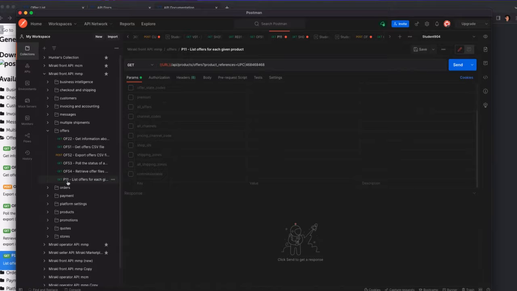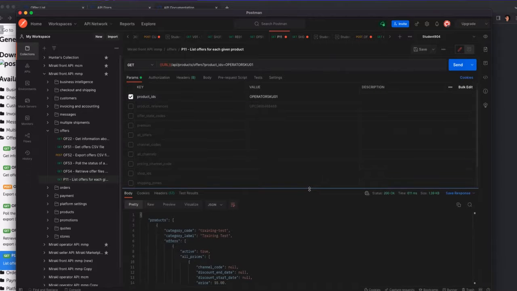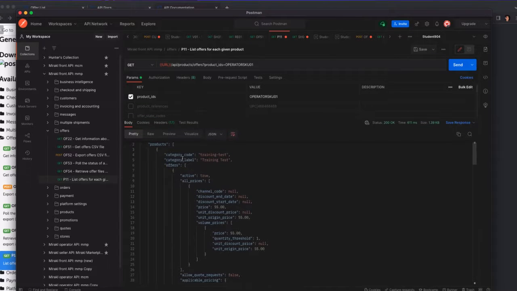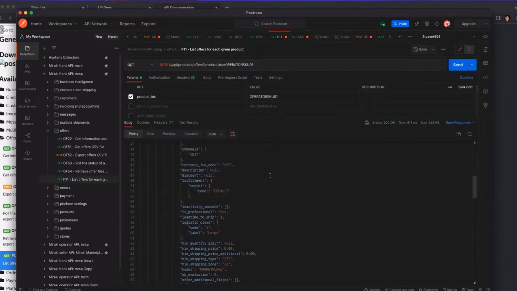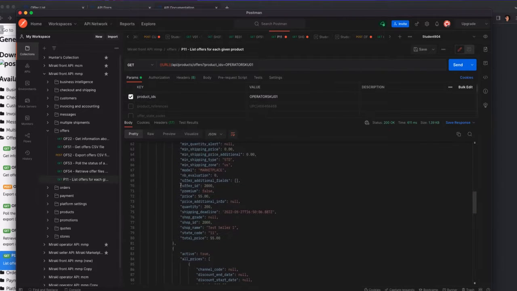and call this API, I can enable the product IDs parameter, and then the value for operator SKU 01, so that whenever I send that API with that parameter, I'm returning both of the offers that are available for that particular product. So I can see I've got offer 2000 for test seller 1,